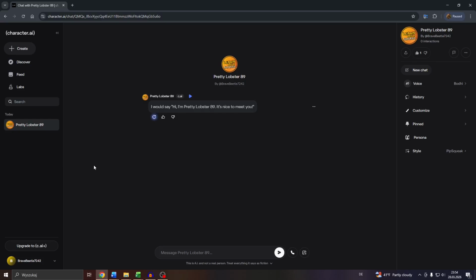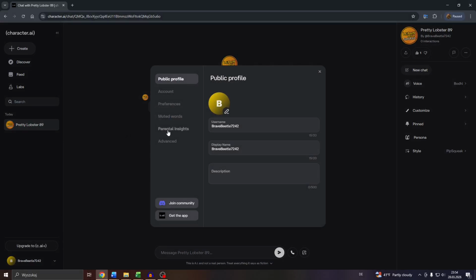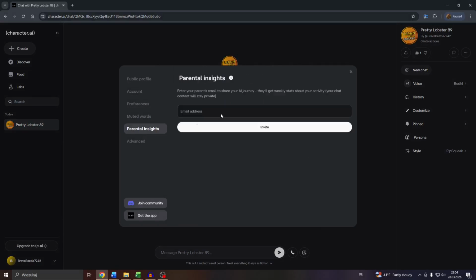So what you want to do is navigate to Character AI, log into your account, click on your profile icon in the bottom left and choose Settings here. Now here on the left hand side, navigate to Parental Insights, and here guys, as previously mentioned, you will need to enter the parent's email address to share, for example, all chats and conversations